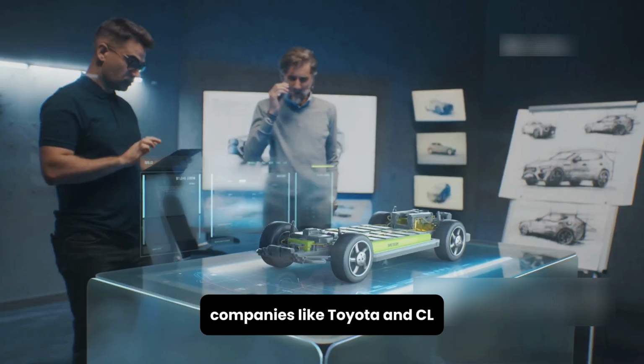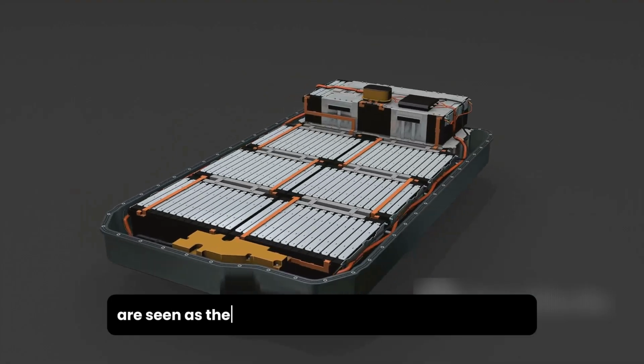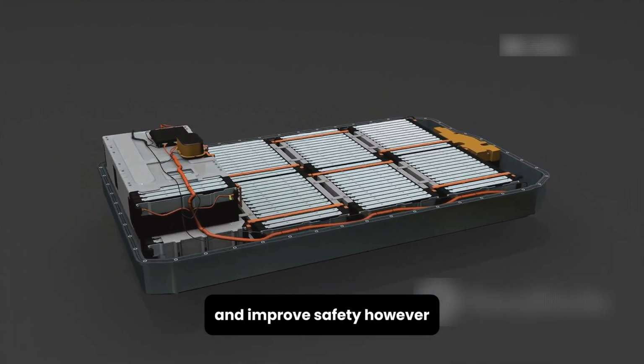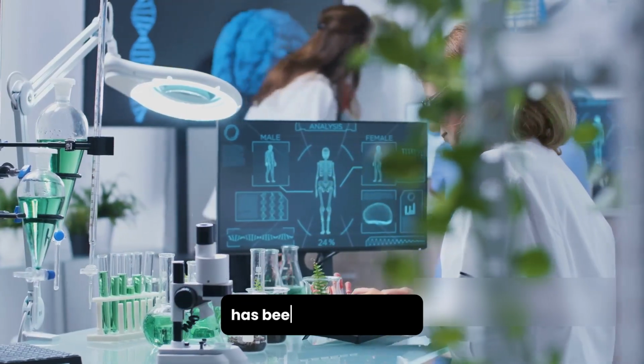Companies like Toyota and CL have been leading the way in the development of solid-state batteries. These batteries are seen as the future of electric vehicle power sources due to their potential to provide greater energy density and improve safety. However, amidst all the competition, a European project known as Helena has been making waves with